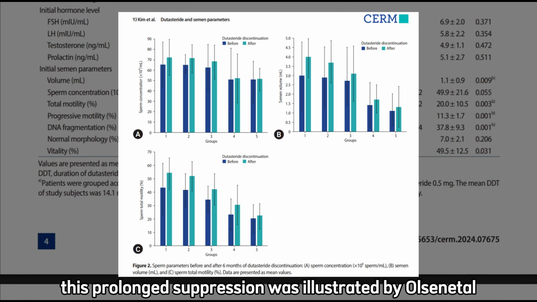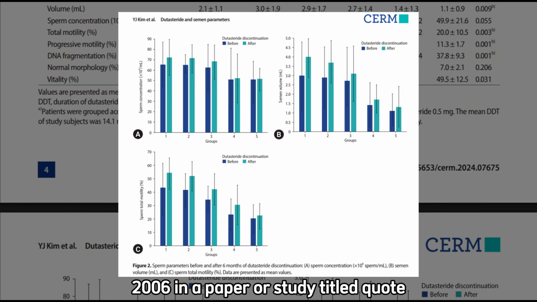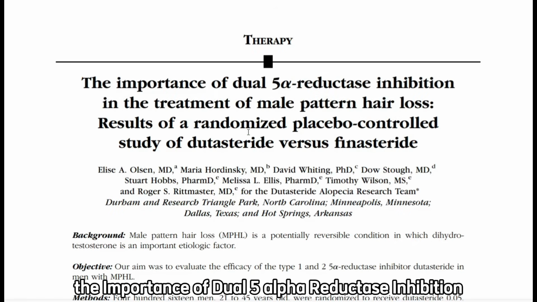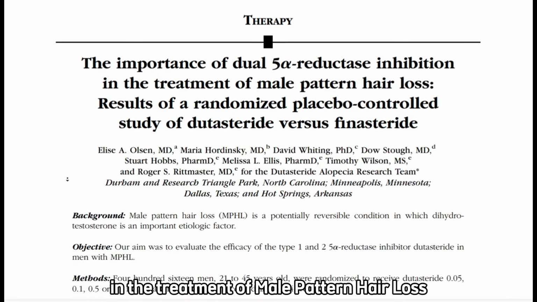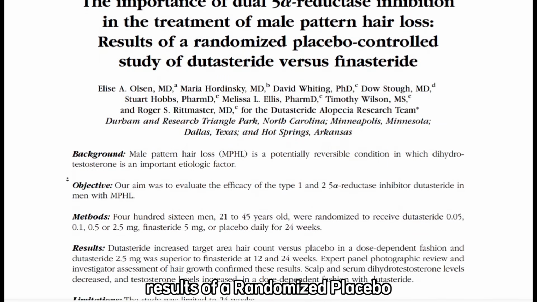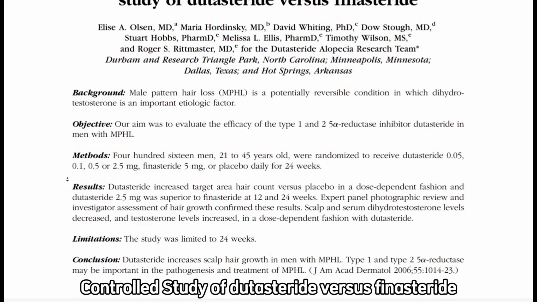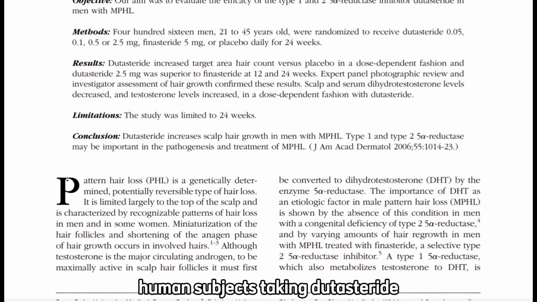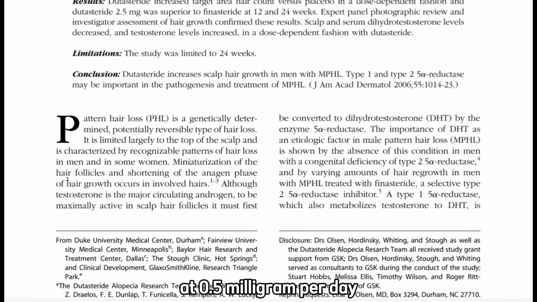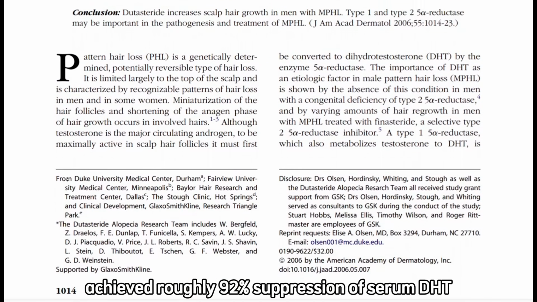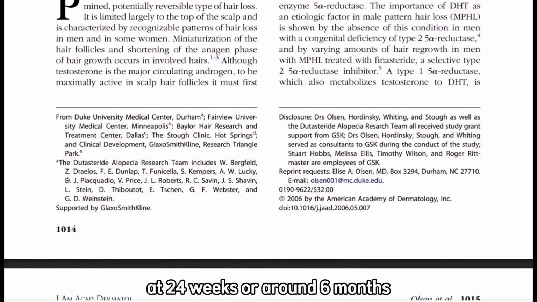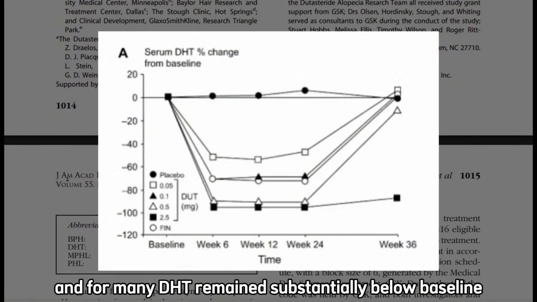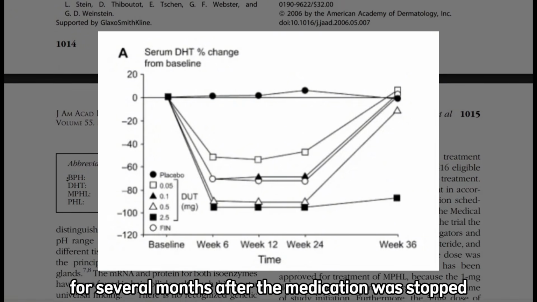This prolonged suppression was illustrated by Olson et al. 2006 in a paper or study titled, "The Importance of Dual 5-alpha reductase Inhibition in the Treatment of Male Pattern Hair Loss. Results of a randomized placebo-controlled study of dutasteride versus finasteride." In that randomized trial, human subjects taking dutasteride at 0.5 milligram per day achieved roughly 92% suppression of serum DHT at 24 weeks, or around 6 months, and, for many, DHT remained substantially below baseline for several months after the